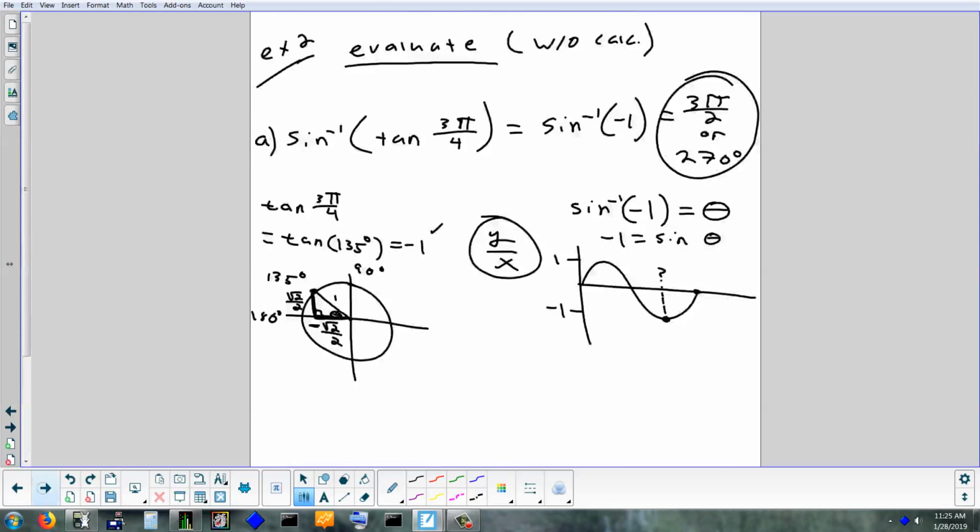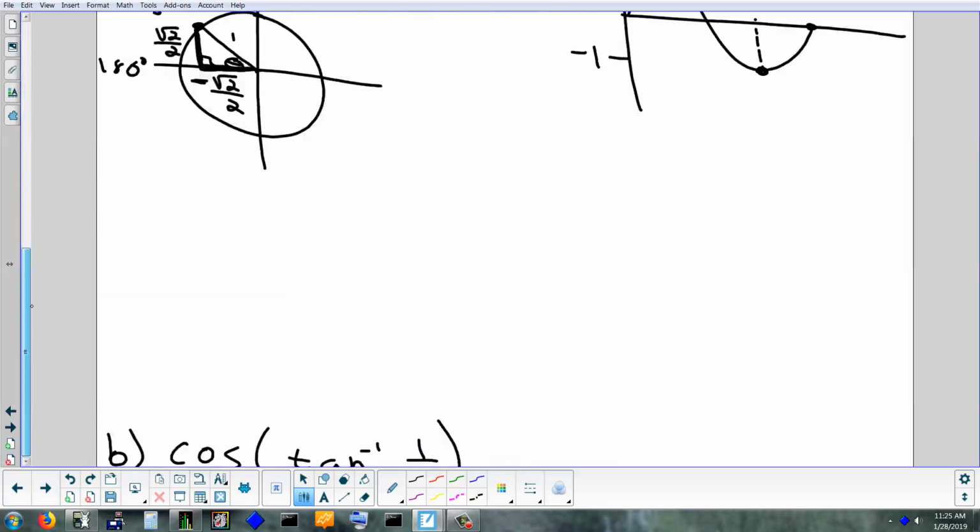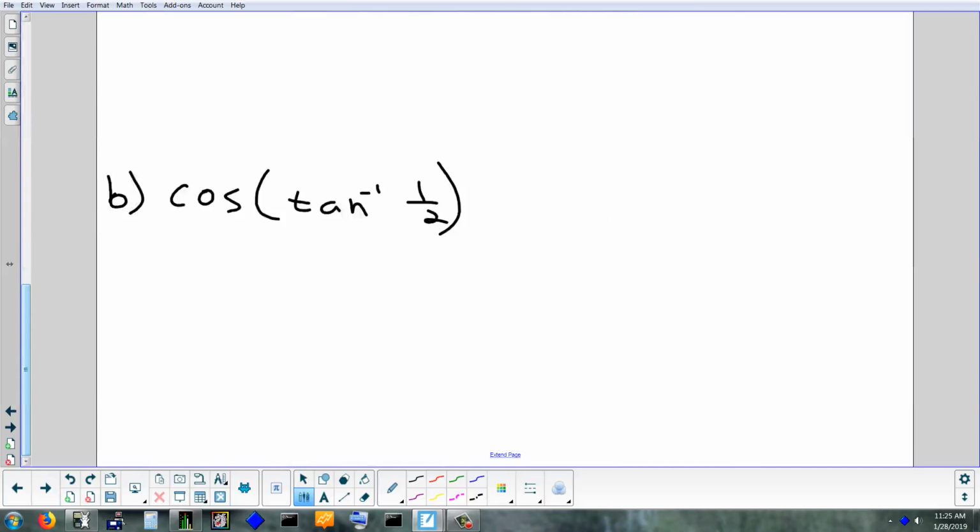All right, so let's look at this one. Okay, just like we did when this argument was a letter. What's the first thing that I should do here? Yep. You're going to start with the inside. Okay, start with the inside. And do what? You have to simplify it into like normal trig. Okay, so yeah,